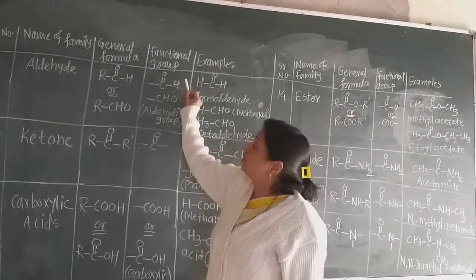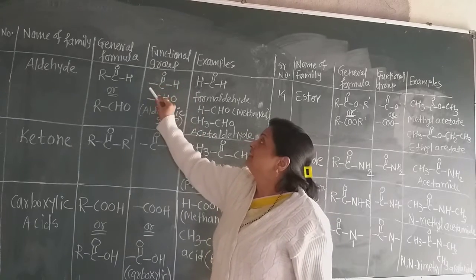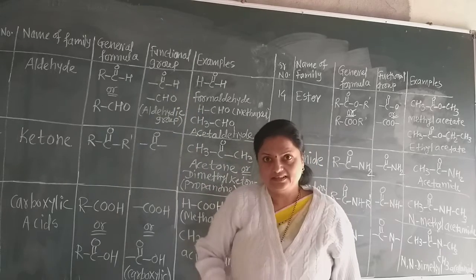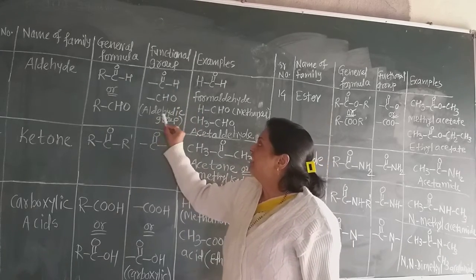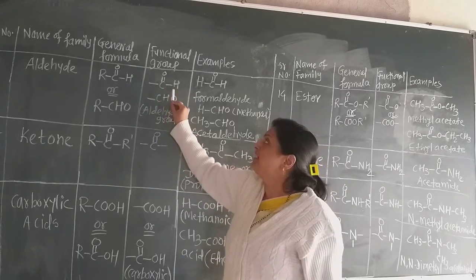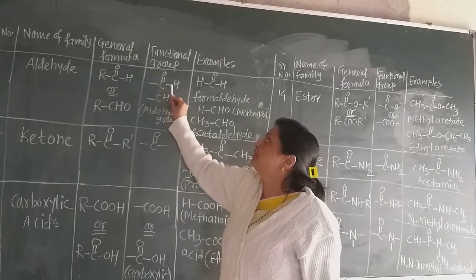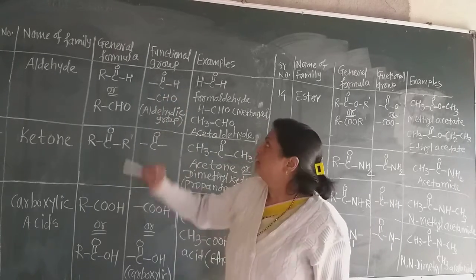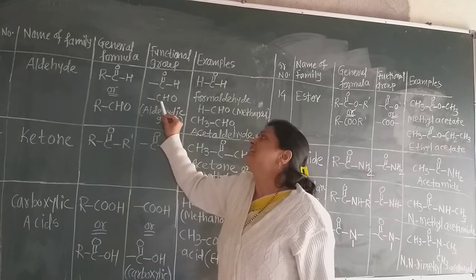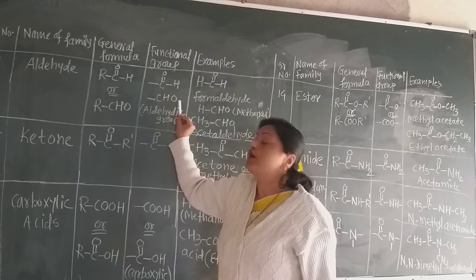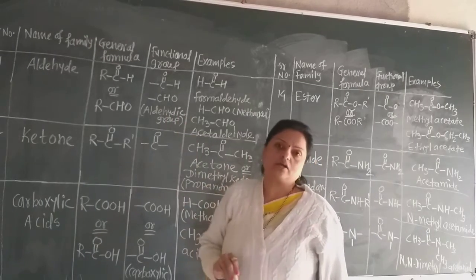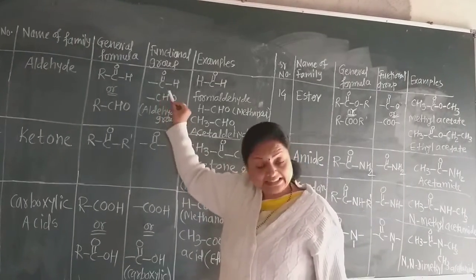The functional group in aldehydes is this C=OH. Now this hydrogen is compulsory in this aldehydic group. This may be written in this way, R-C=O-H. You know that the valency of carbon is 4. Now there must be 4 bonds around the carbon. So this group is also called the aldehyde group, and it is written in this way, CHO, not COH. Remember that. If you write the functional group as COH, that is wrong. You must write it in this way or in this way.